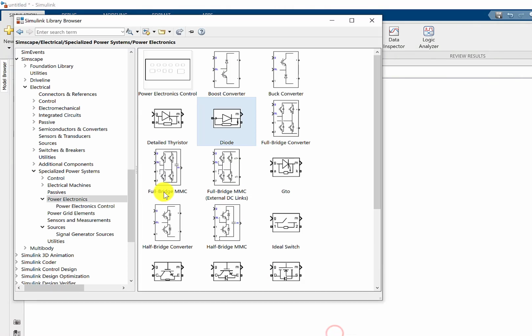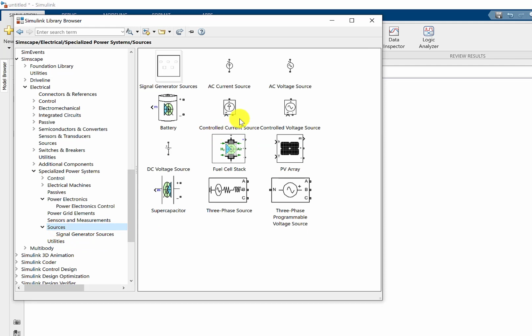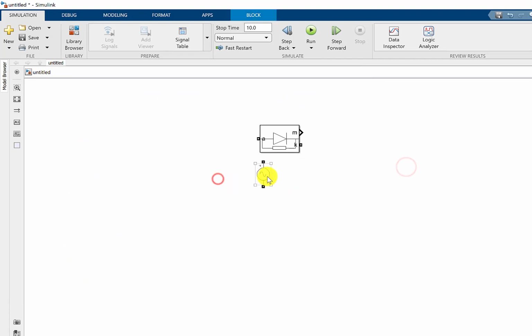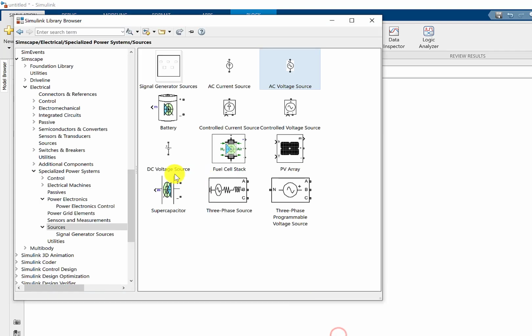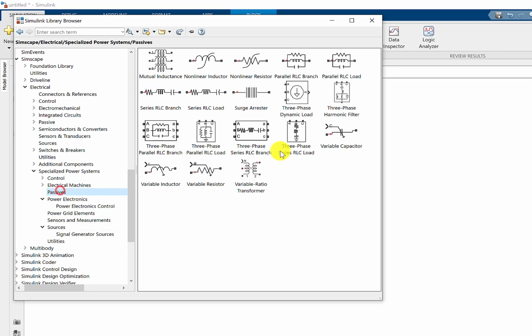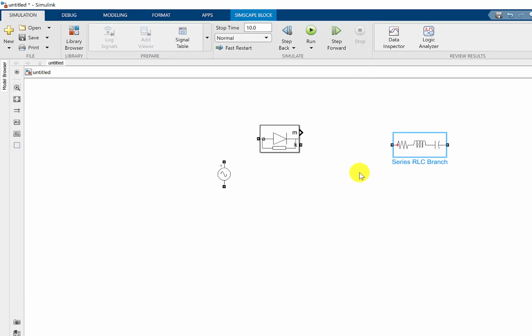Similarly, I'll go for the AC source. Here are the sources, and I'll go for the AC voltage source. Drag and drop. Alright, similarly I need a passive component. For example, I would like to add a resistor. Here we have series RLC branch. I'll drag and drop here and